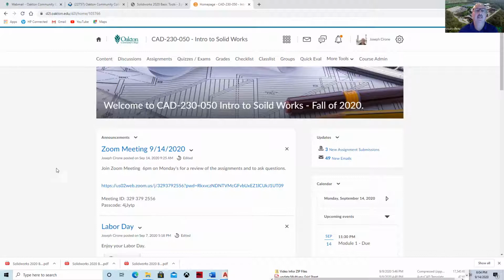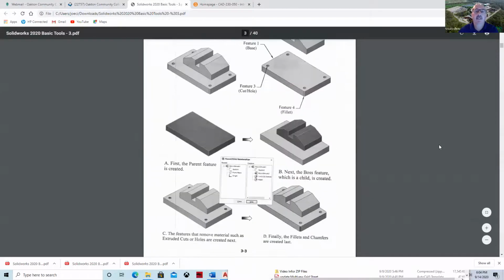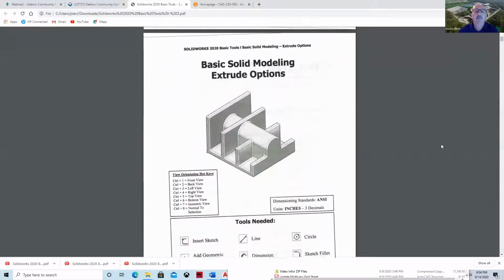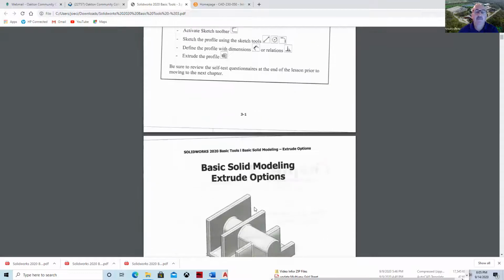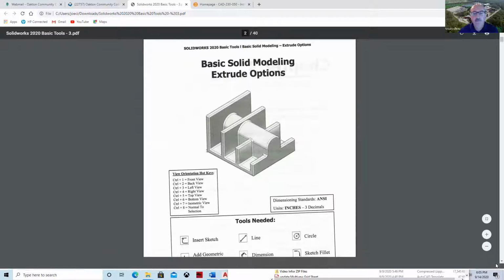Module 1 covered Chapter 3, and Chapter 3 was basically basic solid modeling options. Let me back up a little bit right here. And so as we go through this, the learning objectives were to use sketch tools, essentially, and to be able to use these smart dimensions to create this basic shape. If we look at the one that I did,